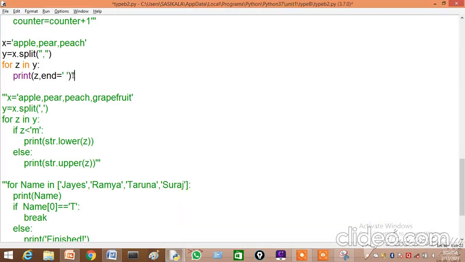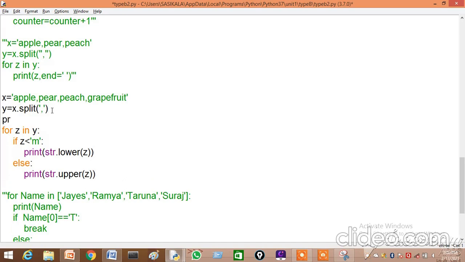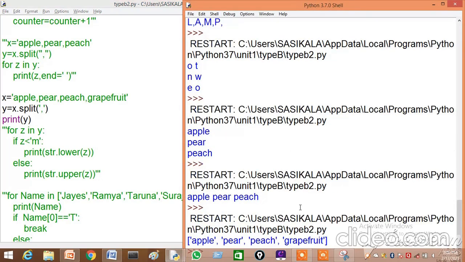The next one is the same thing, a string. We have assigned the string value to x, then we are splitting the string. I am just giving the print function here, after splitting, to see the values. The rest of this I am making a comment. Okay, till this we will execute. So you can see here, after splitting, it comes inside a list. It will become a list.